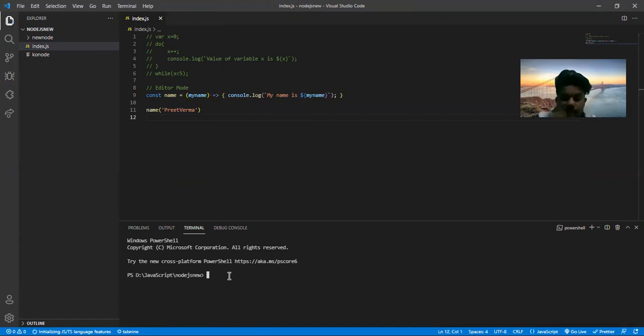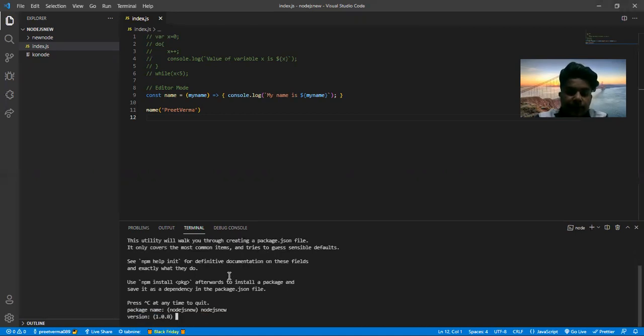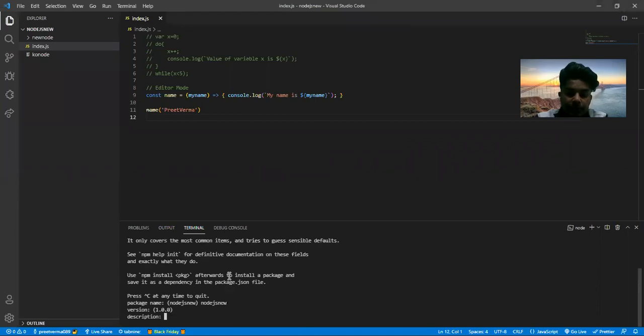Now we install npm init. This command is for initializing npm in your project. It is installed on your system by the Node.js setup. So firstly, package name: prefer not using a link, just like we use node.js new. This is a package. Now version is the same, description